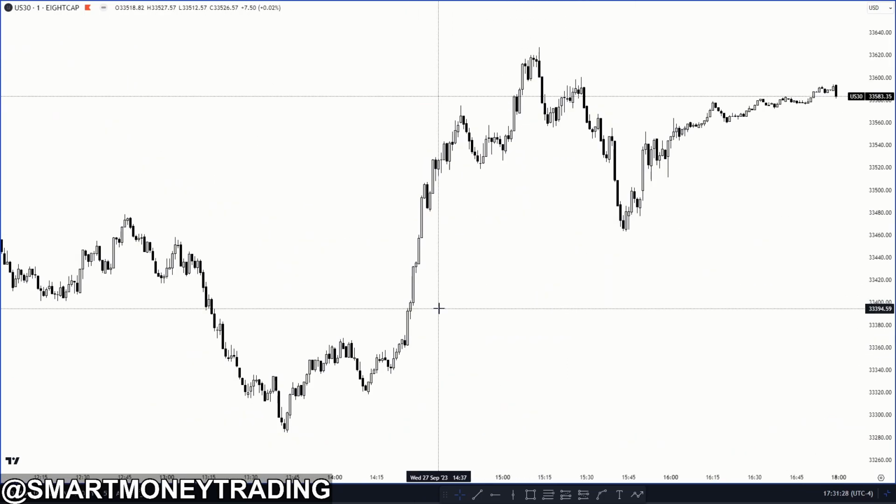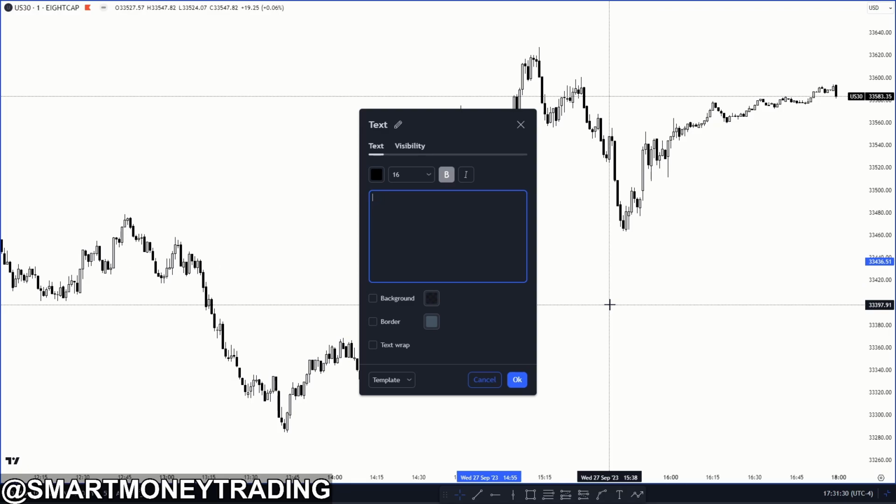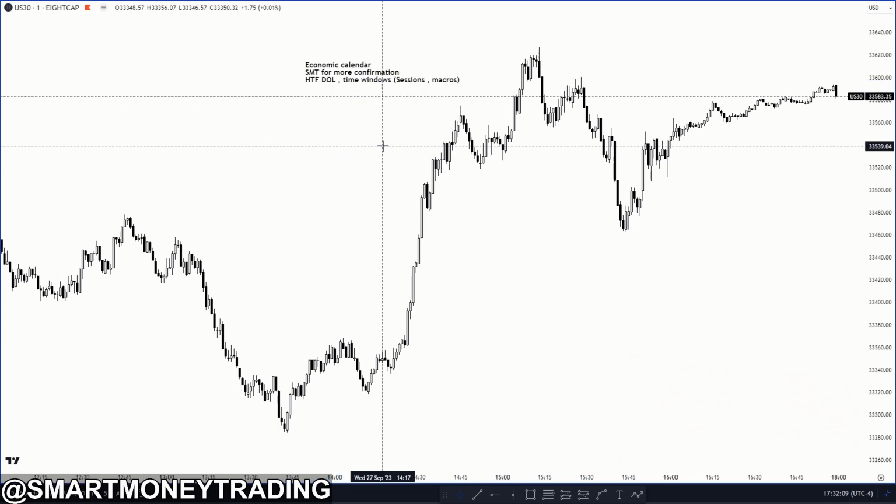One of the two. Again, in order for you to have that, you're going to want to use the economic calendar to see where the manipulation is and where you can possibly find one of those trades. SMT to confirm, SMT for more confirmation, and then a higher time frame draw on liquidity with certain time windows of the day. It could be PM sessions, or the sessions I should say, or it could be during macros too. You can use a macro. Macros are very important. So economic calendar, SMT for more confirmation, higher time frame draw on liquidity, time windows applies